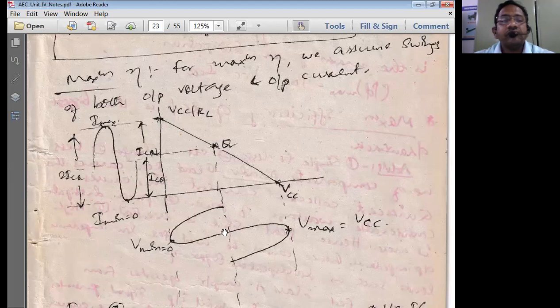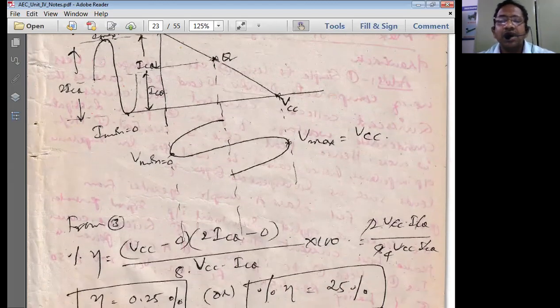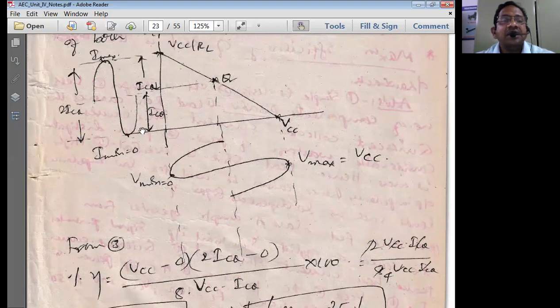So to get maximum efficiency, what can we really do? I can stretch V minimum and V max to the maximum point. Similarly, I max and I minimum. If I stretch this I max to the maximum, what is going to be this value? This is ICQ. This is the Q point, no? Above the Q point to saturation is ICQ, the maximum collector bias current. Now the same value is going to be here also. Therefore, the peak to peak value of this swing is equal to 2 into ICQ.